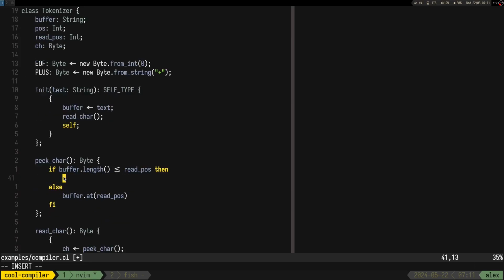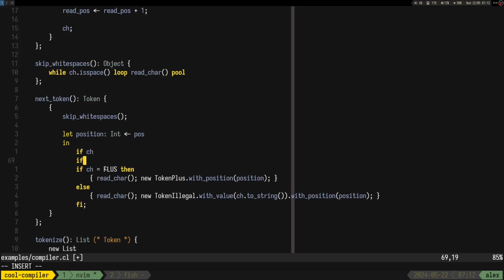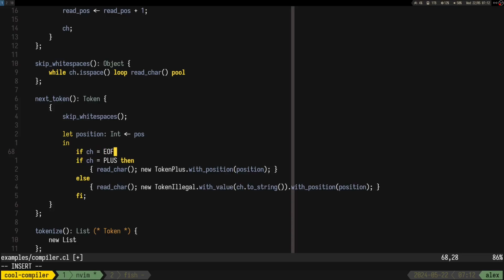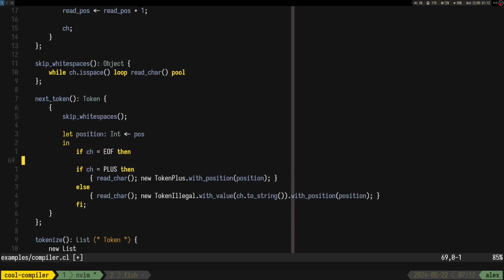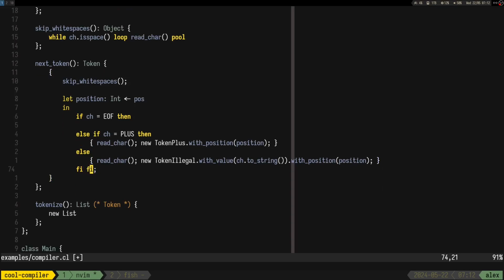I guess here I can just say EOF to make it more obvious what we return. So yeah, here is gonna be if, and the list of fees is coming.